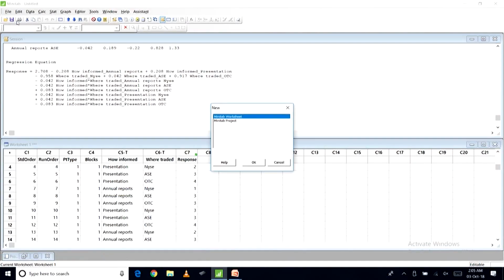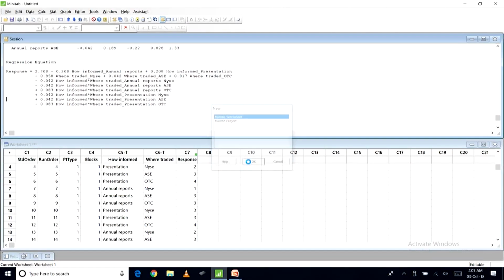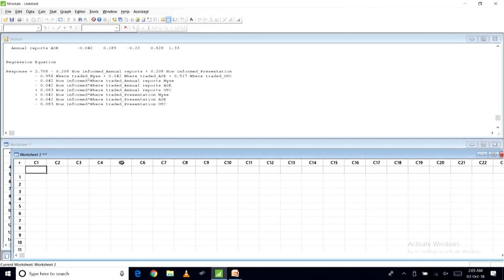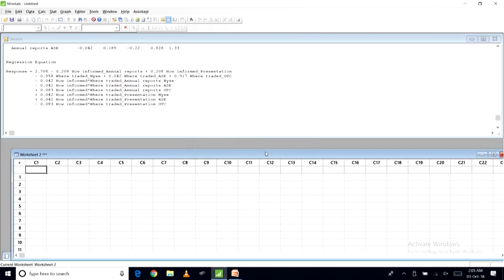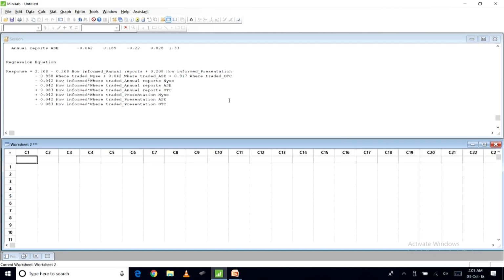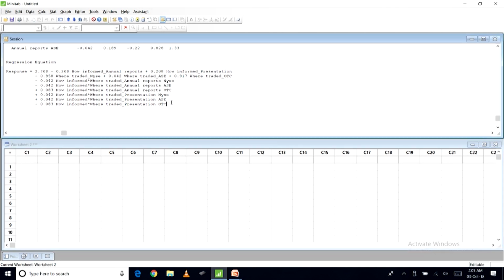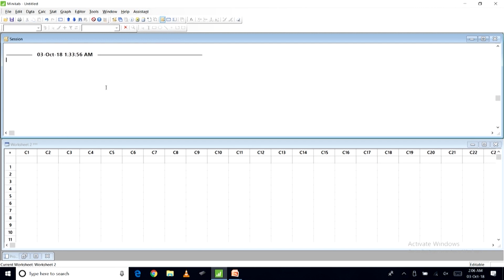So, let us look at how to solve this question using Minitab. So, you can delete this output first, because it would be easier for us to see the output for the second question. So, just control and delete, right. Now, we will have data entry for our second question.